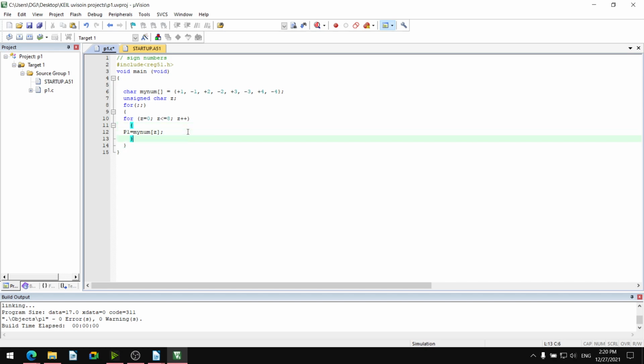After this we have to put the delay. For x equal to 0, x less than 255, x is incremented, and we have to define unsigned x.